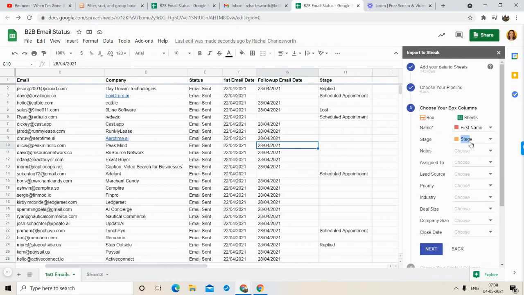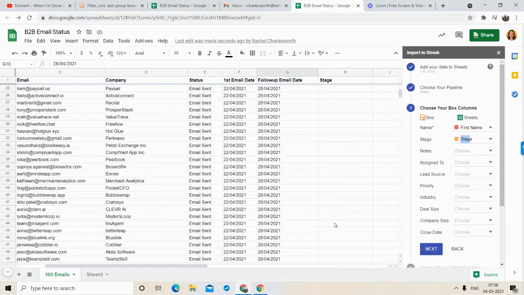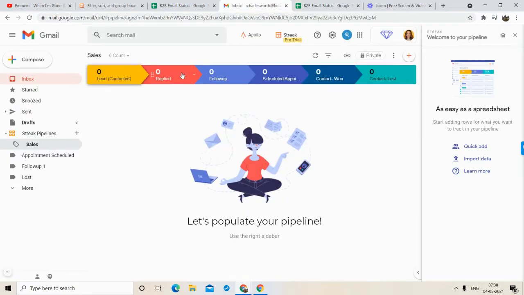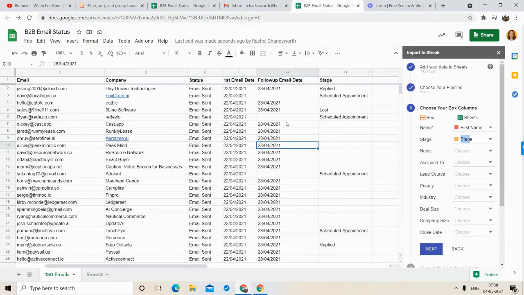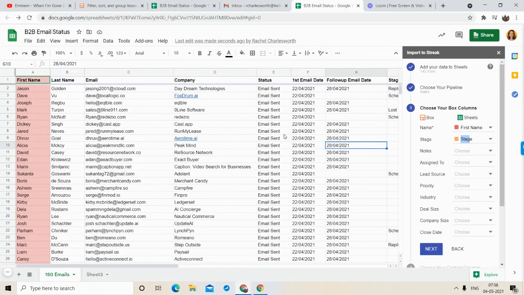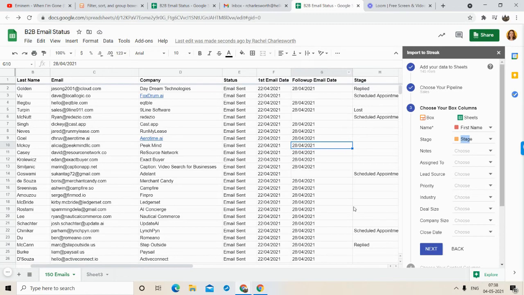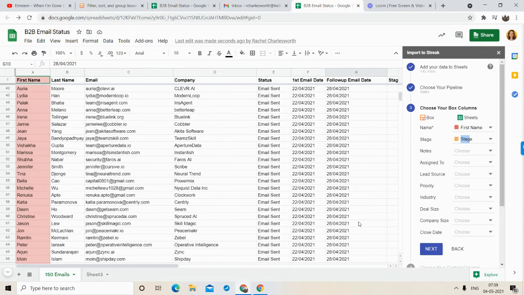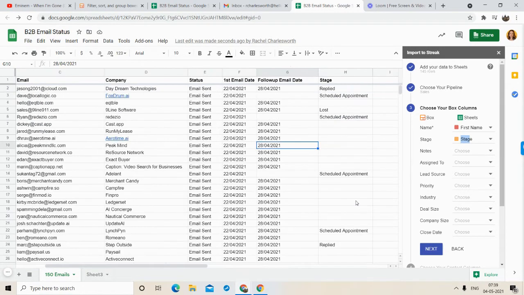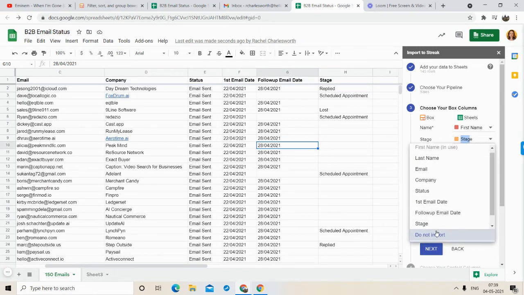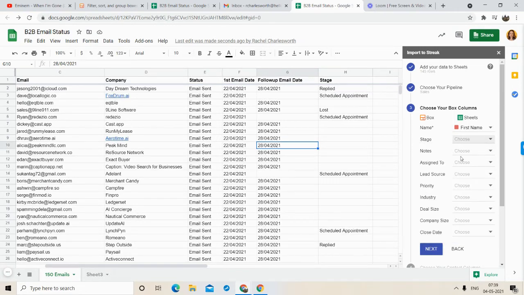So I will not import this right now. But if you want to import, make sure that you update all these columns with leads, replied, follow up, schedule appointments. Depending upon your leads, you have to write the correct value in these boxes, right? The values here are not correct, so I'll not import for now. Otherwise, it will show an error.